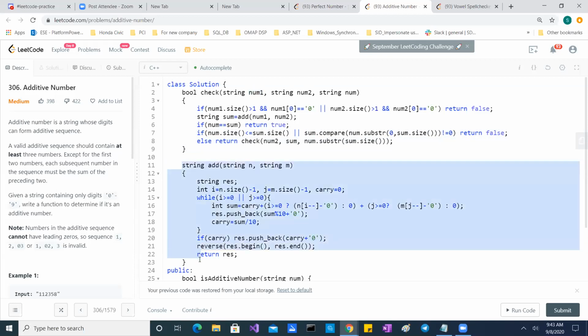That's why you are reversing. Instead of reversing, you can use the string's insert also, which could have been a better way of doing it. But yeah, this has been reversed. It's the same one you have done, Shashank. Exactly.